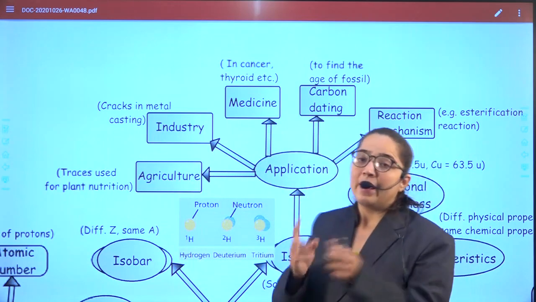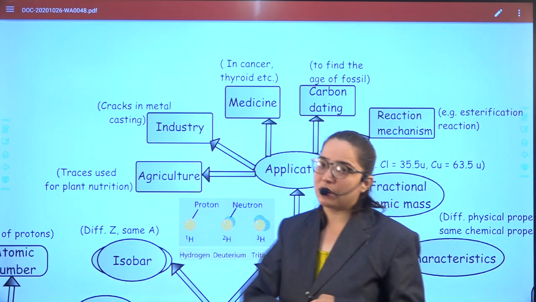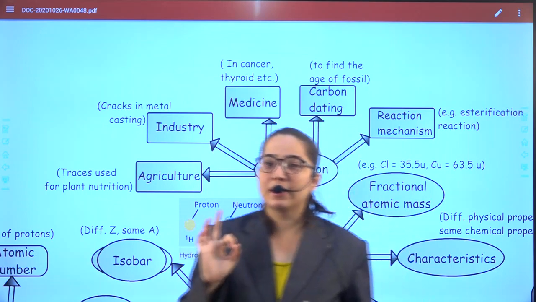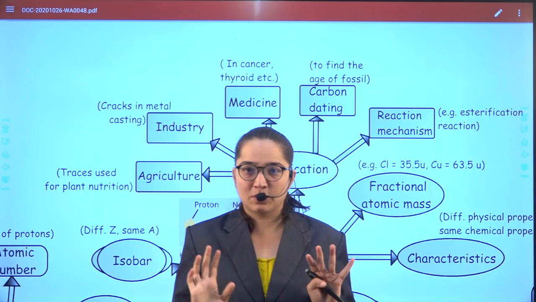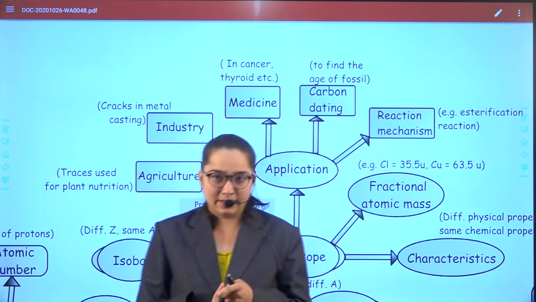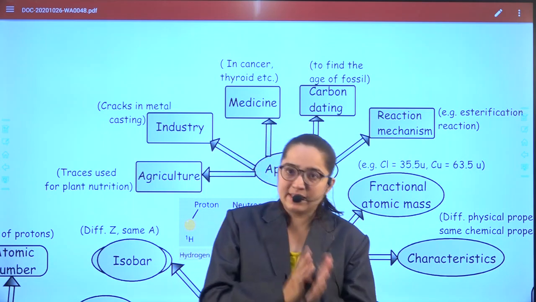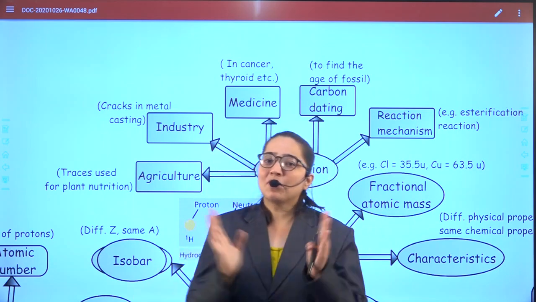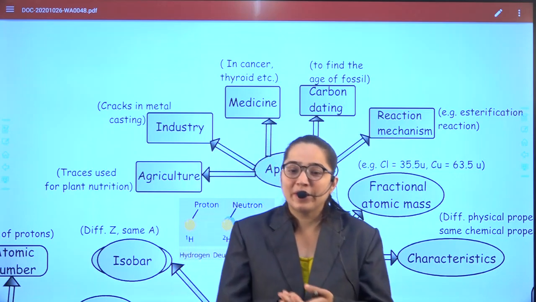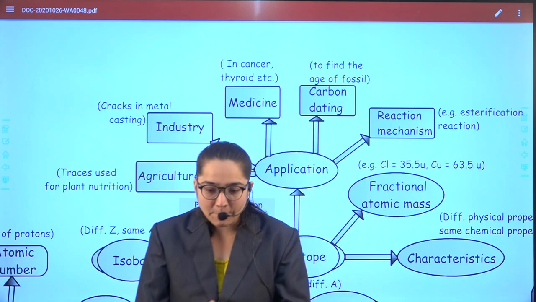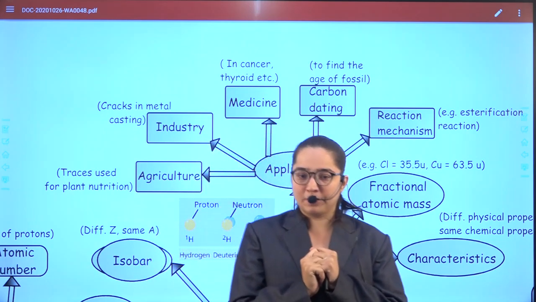Esterification is the reaction in which alcohol and acid are mixed and an ester is produced. What is an ester? It is a sweet smelling compound. I am repeating slowly in case you did not follow this topic. Esterification means esters are formed when acids and alcohols combine, and these are sweet smelling compounds. What are these sweet smelling compounds? Like perfumes.